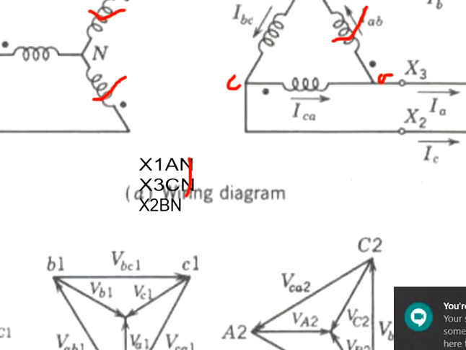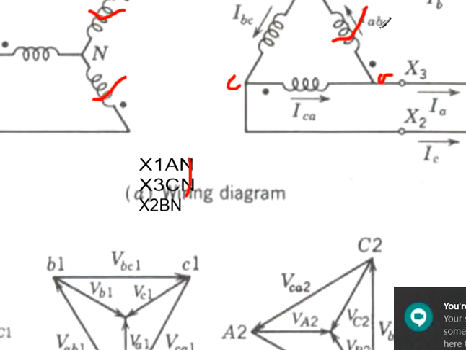VBN resembles X3N. So what is the phase shift in this? This has been given by the ANSI standards. The primary winding leads the secondary winding when it is connected in star-delta. The primary winding, the star winding, leads the delta winding by 30 degrees. The same had been given here.